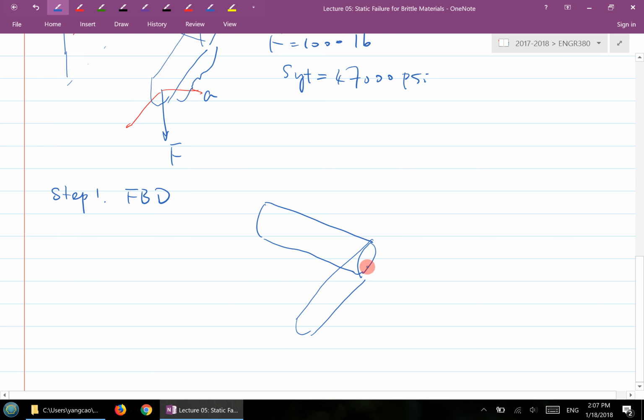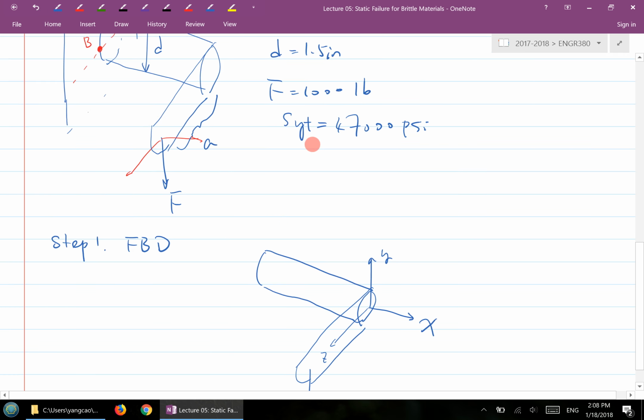I'm taking out the whole system away from the wall. You have your x-axis here, your y-axis here, and z-axis here. And you have the force F over here. This is the only external force applied, but in order to make it an equilibrium condition, the wall